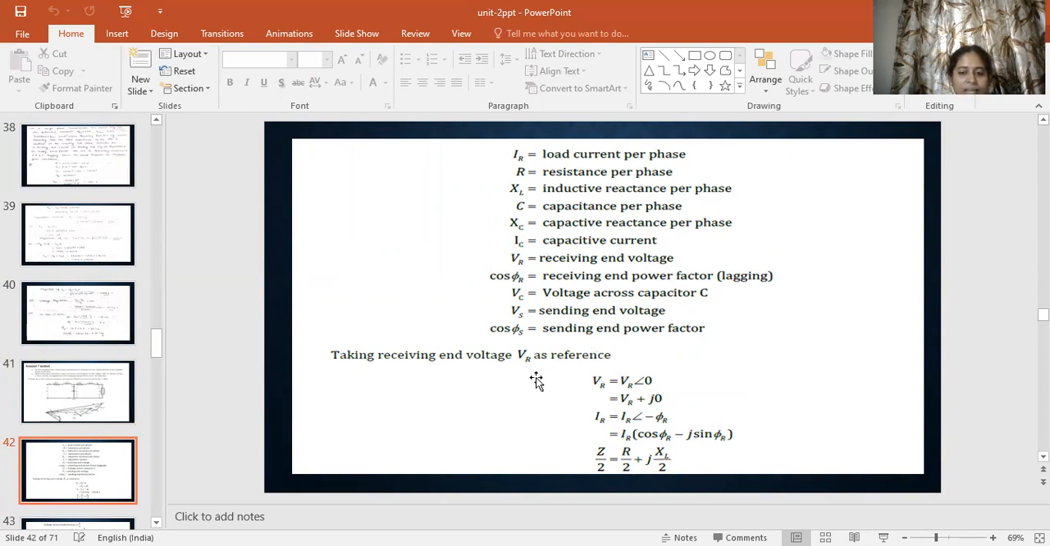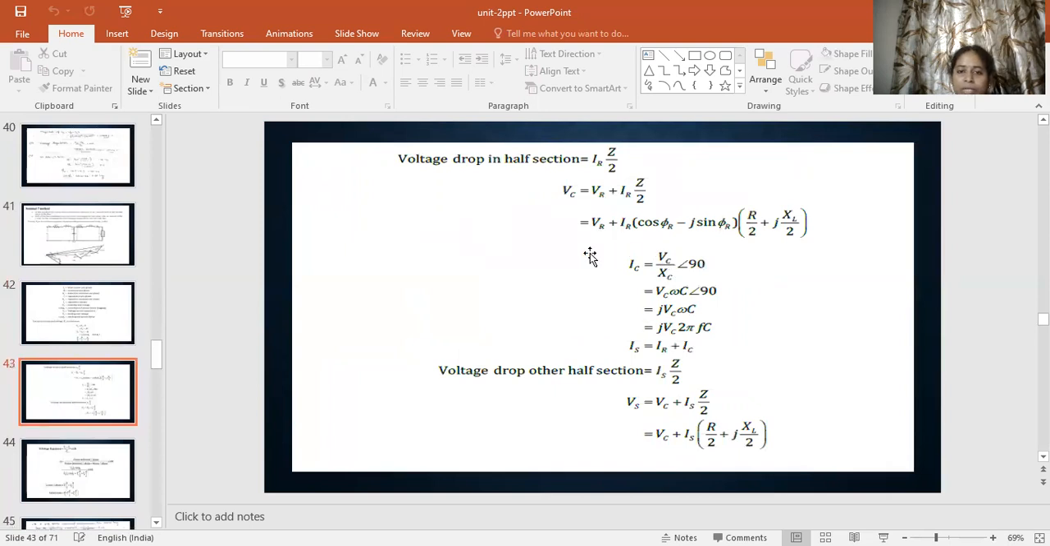Taking VR as the reference, the same procedure we can do here. VR is equal to VR at an angle 0, which can be represented in the complex form as VR plus j0, and IR equal to IR at an angle of minus phi r, so the IR value in the complex form is IR into cos phi r minus j sin phi r. And here Z equal to R plus jXL. Taking half of the values, Z by 2 equal to R by 2 plus jXL by 2,